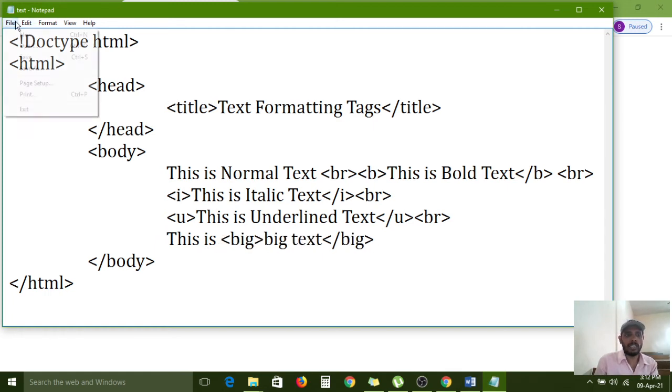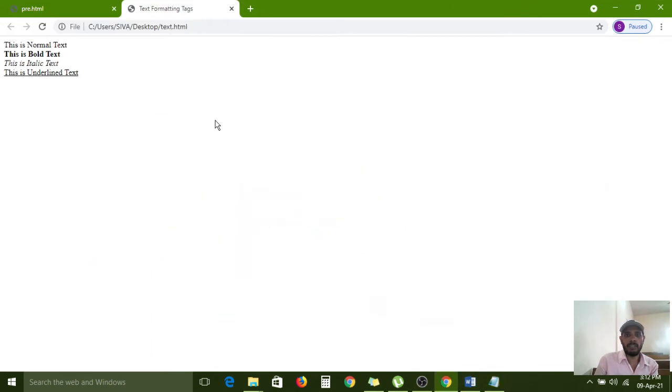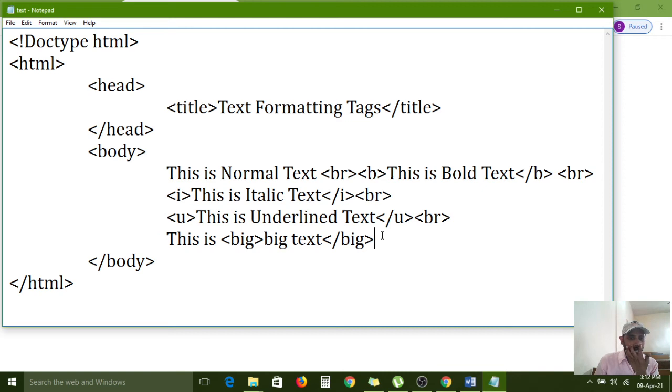Then only you can understand. This is the normal printing and big text is printing in some other way. The first two words are printing the normal way, and the second two, by using the big tag, increase the font.